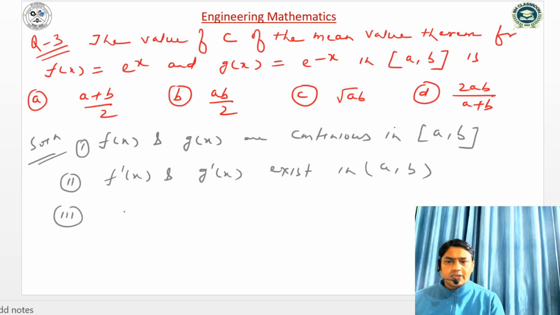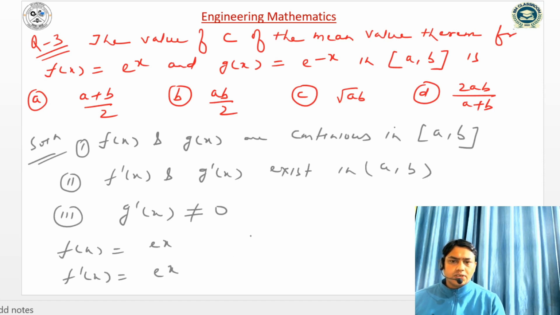And the third condition, that is g'(x) is not equal to 0, because here f(x) is e to the power x. So f'(x), if I write, it will be e to the power x. Similarly, g(x) is e to the power minus x. So g'(x) is equal to minus e to the power minus x. So it will be not 0. So we can apply